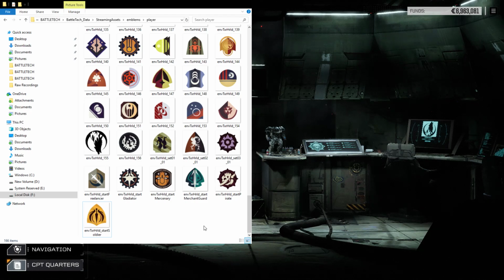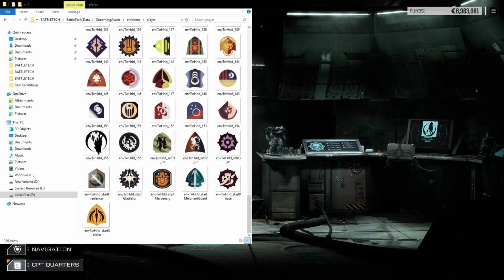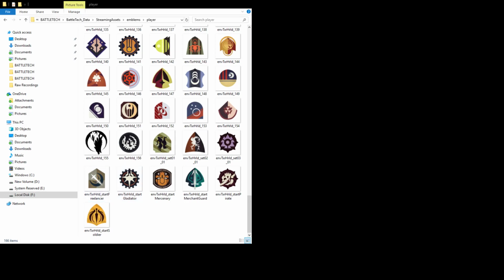I experimented there. So three things to remember. You go to the right folder, you delete one and copy the name of the image, you paste your image in, make sure it's inverted and that it's in DDS format, and then rename it to whichever one you deleted. After you do that, what you want to do is go into